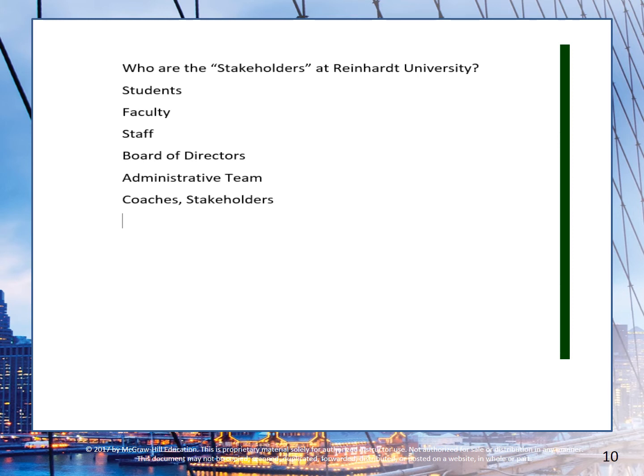What about the other teams that we play? They would be stakeholders, because if they didn't have us to play, then they wouldn't be having that. So we could say other athletic teams would be stakeholders. And one of them that I like to mention to my students as stakeholders is the city of Canton and the city of Waleska. They are stakeholders because they would lose a lot of revenue if Reinhardt no longer existed. So this is just a way for you to think about stakeholders and how important they are to an organization.